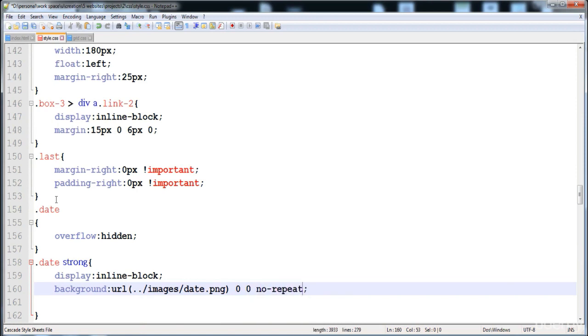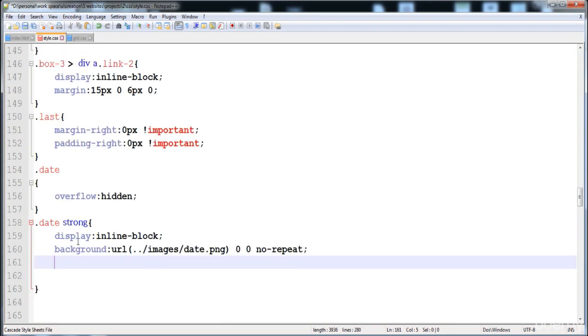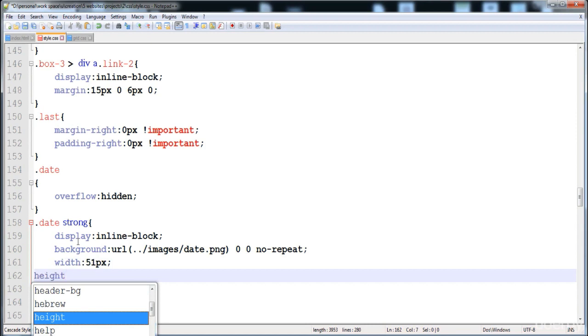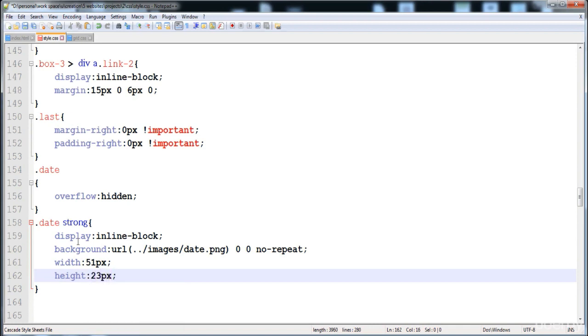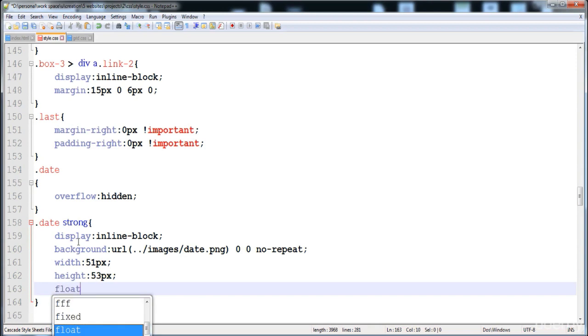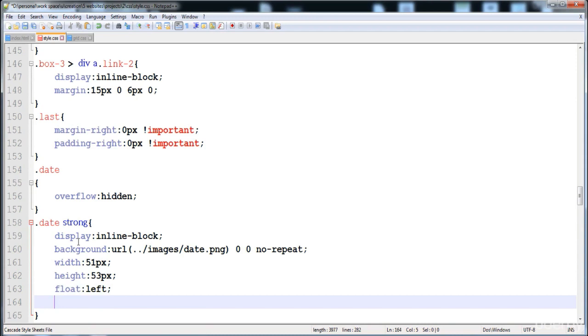And now here I'm gonna give the width to that image, to the strong. This width is given to the strong, but it is also the width of the image. Here is 53 pixel, and now here is the float to the left side, and here is margin-right